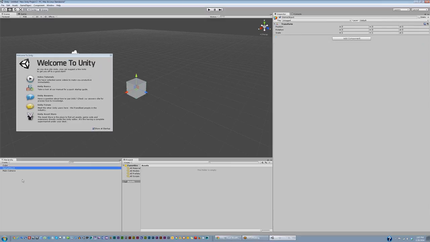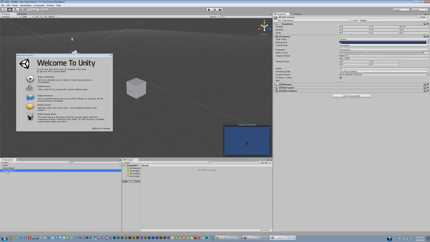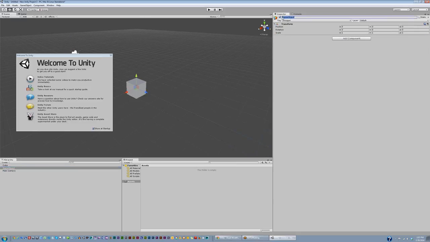create an empty game object, and you'll see it shows up over here in the hierarchy. So everything that I create in my scene is going to show up here in this hierarchy. This empty game object, I'm going to call it my ground plane object. We're going to talk about a few important rules too once we get this created. So now that I've got this ground plane object, there's obviously no ground plane in it, so I can add,